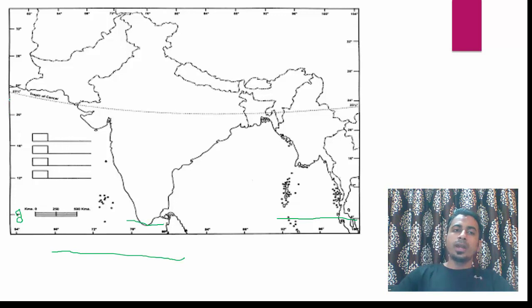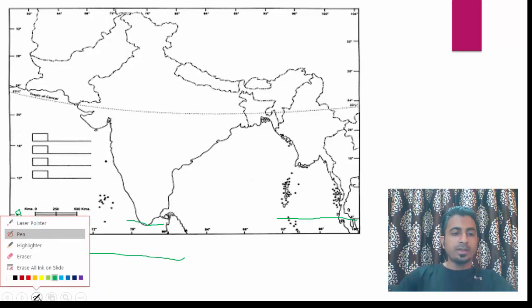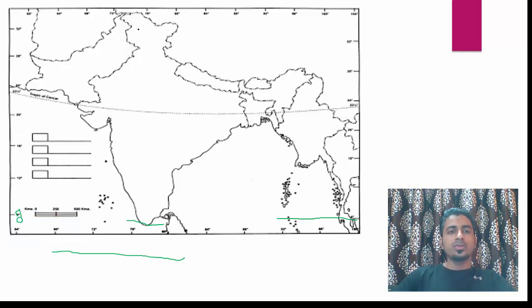So now moving forward, our first item of map practice is mountains, mountain peaks. So I will change the color. So children, for map practice you have to keep this in mind that you must change color according to the item they have given. Okay, so for peaks I am using black color. So K2 is a peak which is in India, but it is occupied by Pakistan. So we call it Pakistan occupied Kashmir, which is somewhat like this. So this place is under the occupation of Pakistan.